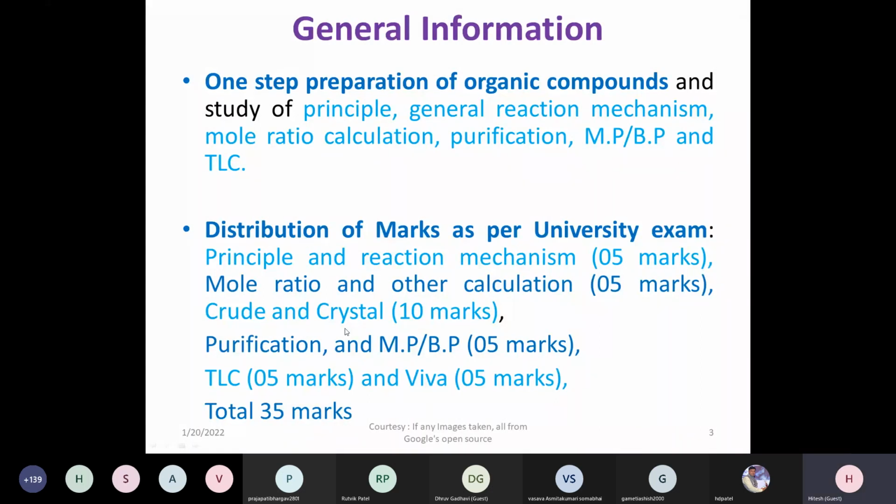Crude and crystal, 10 marks. Purification and melting point and boiling point will carry 5 marks. TLC